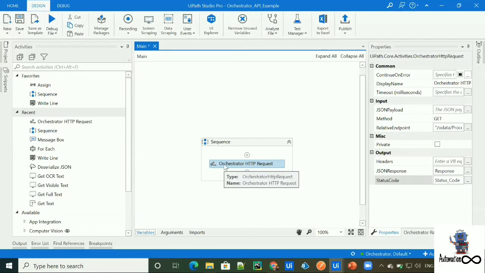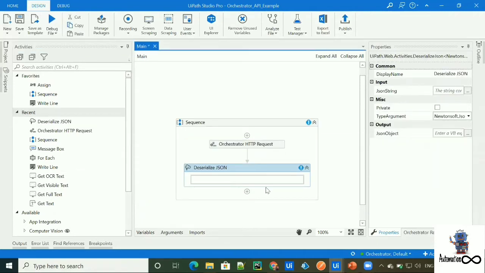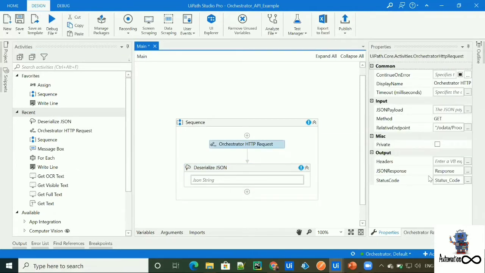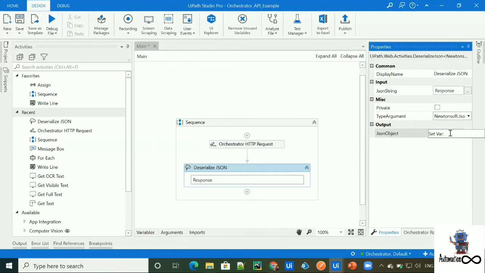So let's deserialize the JSON by using the Deserialize JSON activity, and the input for this activity will be the output of the Orchestrator HTTP request activity, which is the response. Let's create an output variable, which is process data. Okay, so now let's see what data we are getting by just printing it.